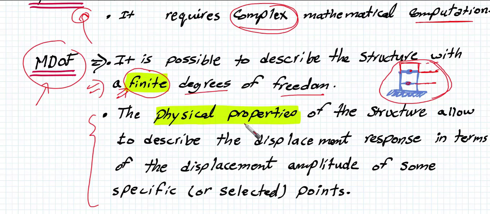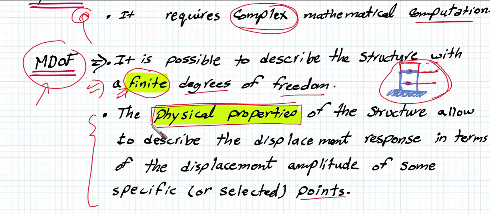The physical properties of the structure should allow us to describe the displacement response in terms of the displacement amplitude of some specific or selected points. What is the meaning of this? What is the meaning of these physical properties? It means that the arrangement of masses and stiffness in our system allows us to